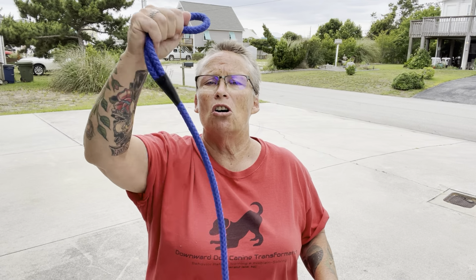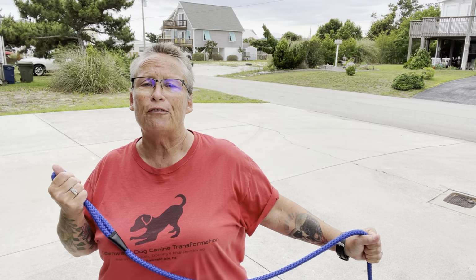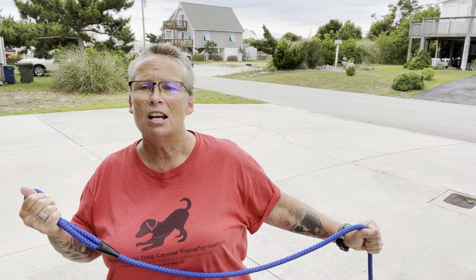One is sudden direction changes, where I'm going to have her on the long line, loose and out there. And as she starts walking away, I do a quick turn, either 180 degrees or a hard right or a hard left, it doesn't matter, but a sudden direction change. And the minute I change and she feels that pop on the leash, I'm going to say here. So every time she hears the word here, she's going to feel the pop,